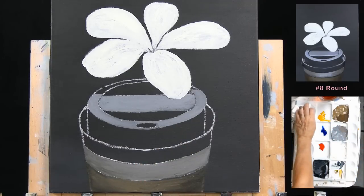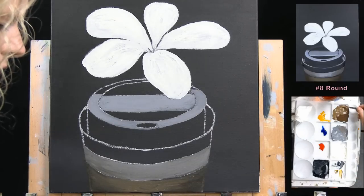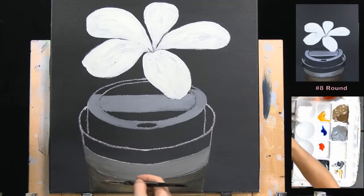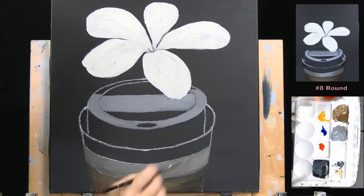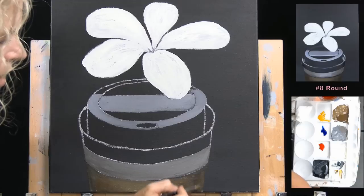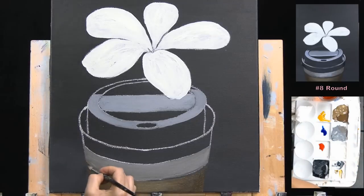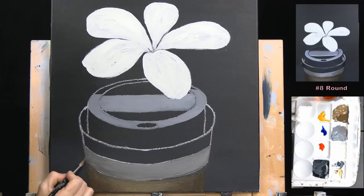So I'm going to use my number 8 round. I'm going to come back down to this section. I think I said I was using my light brown color. So I'm going to start with my light brown and put another little layer in this center area. Then I'm going to pick up some of my brown and bring it out to the left and right. Right now, I'm no longer using a directional brush stroke going across it. I'm going more in a little circular brush stroke, so I'm almost just blending it out into these edges. I just picked up more brown, and I also need to make sure that my chalk marks are gone or covered. So I'm coming out on this left-hand side, and I'm going to bring it out just a little bit more so it can look like it's wrapping around